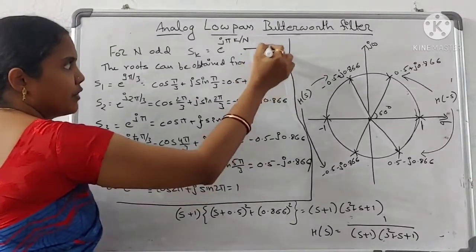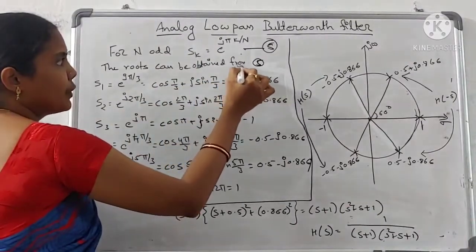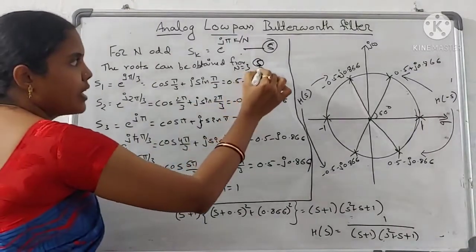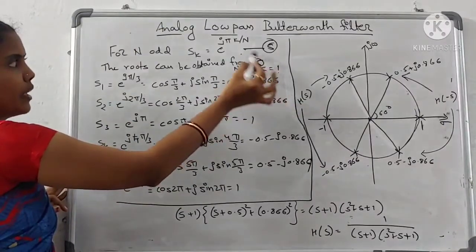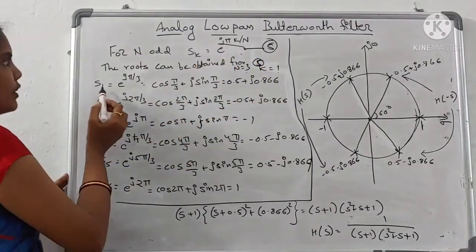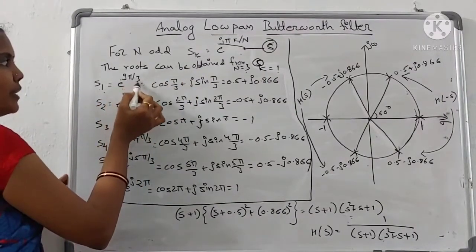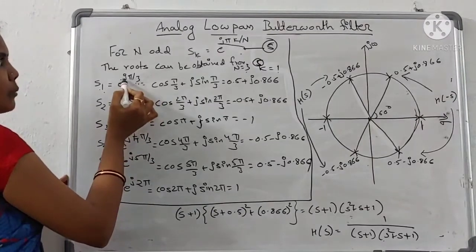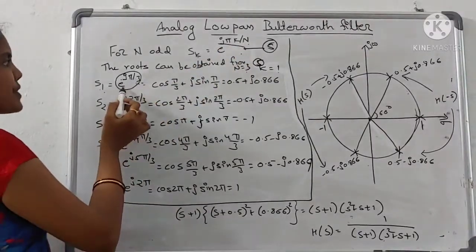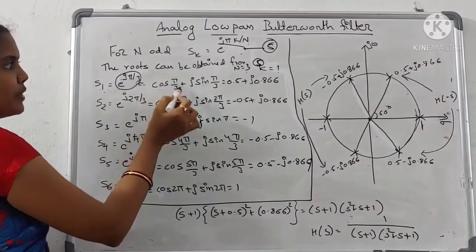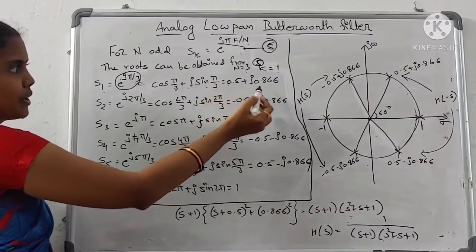Keep it as equation 5. From equation 5, n is equal to 3, k is equal to 1. Substitute n is equal to 3, k is equal to 1 in this equation. For k is equal to 1, the value is e power j pi by 3. Now it is in the form cos pi by 3 plus j sin pi by 3. Here cos pi by 3 value is 0.5 and sin pi by 3 value is j